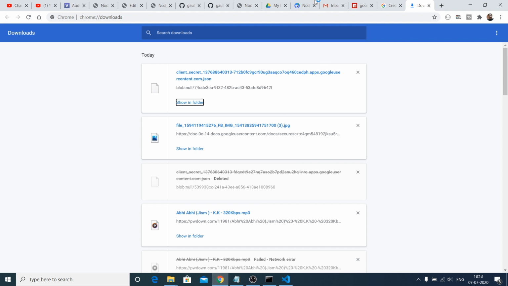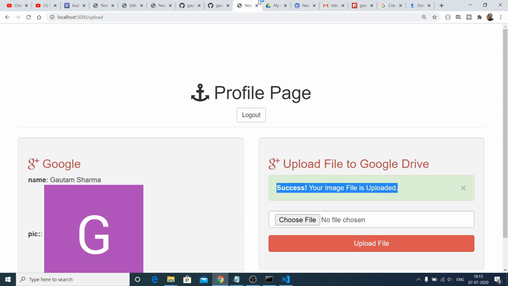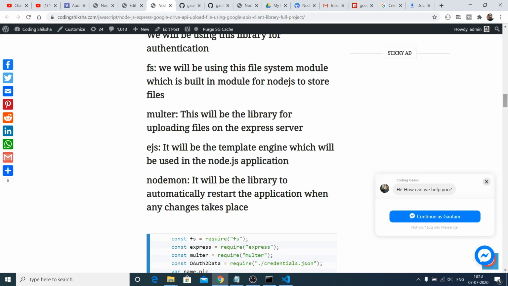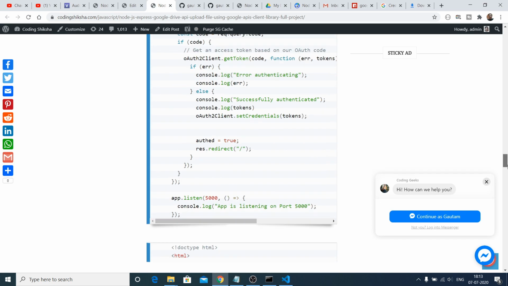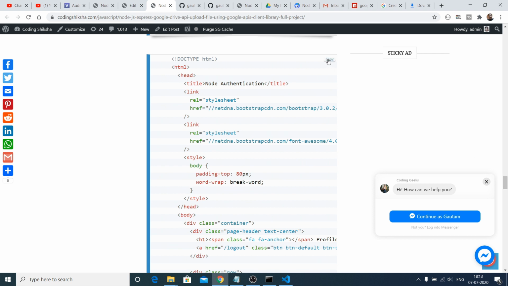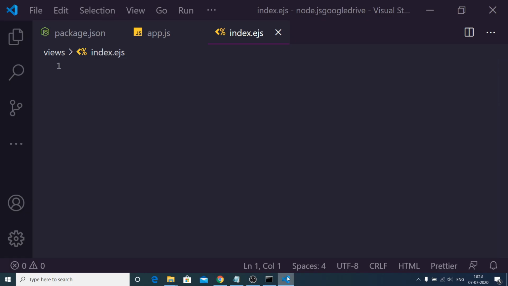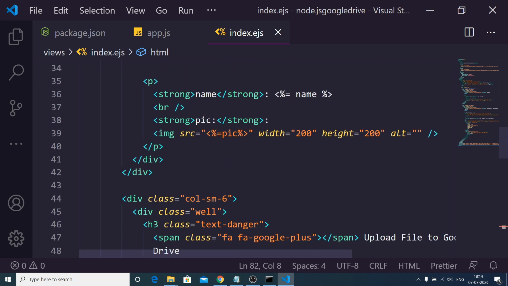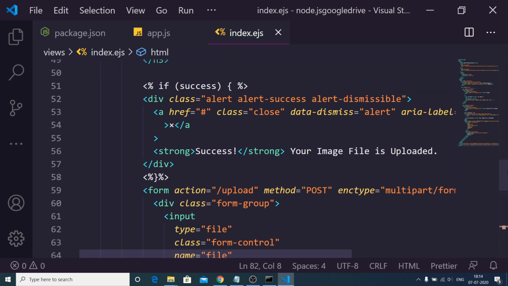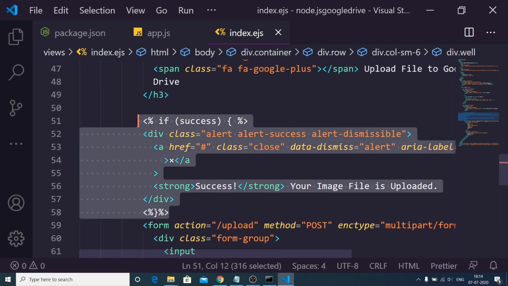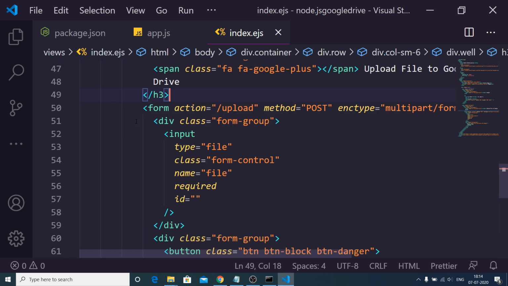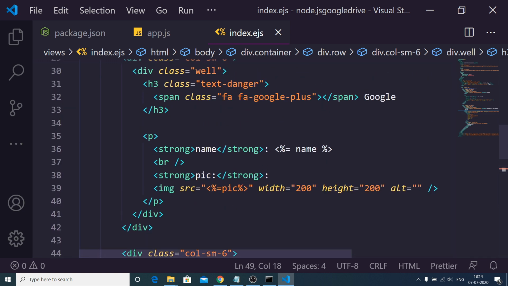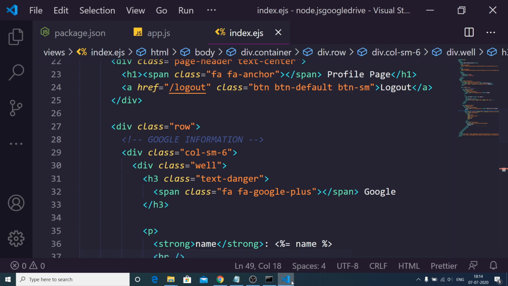Now I will copy paste some code here inside my blog, which is the home page. This will be a very simple file. This is index.ejs. Let me just copy it. This is just HTML code. You can just copy it. This is some Bootstrap which is used. Let me just delete some code here, which will be added later inside the tutorial.